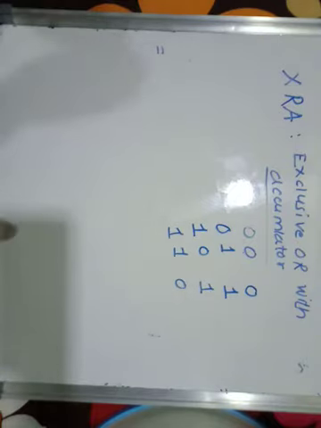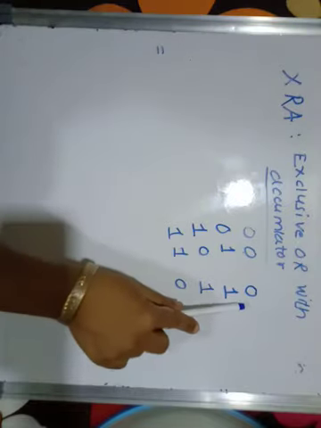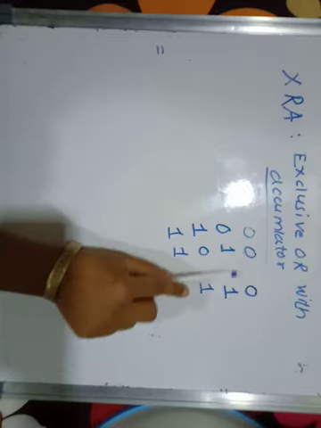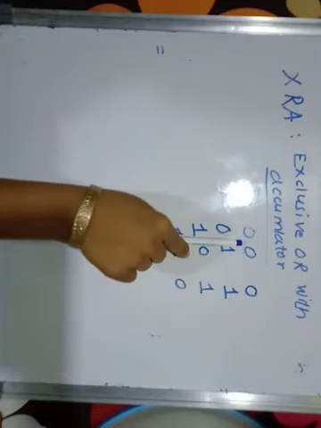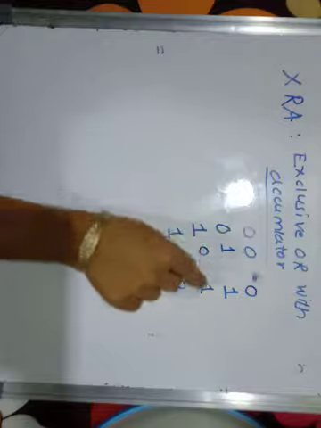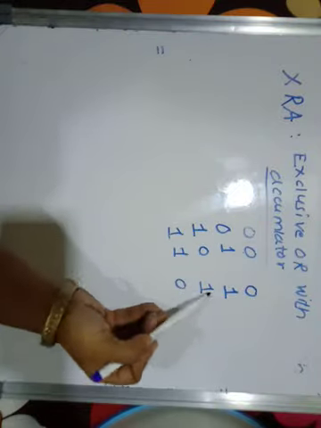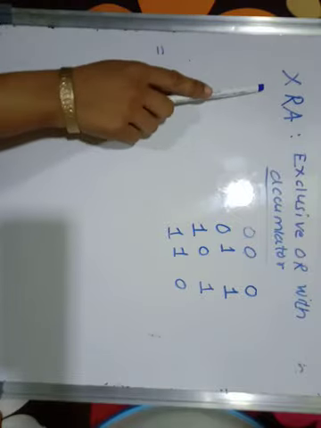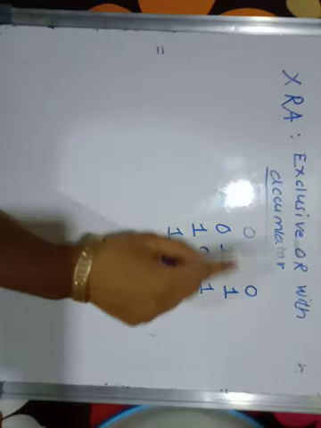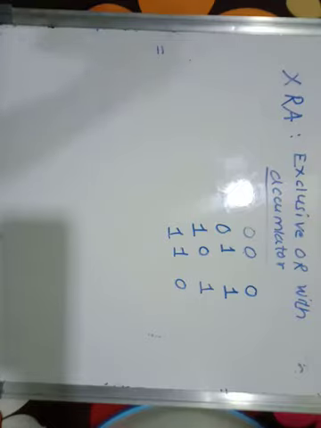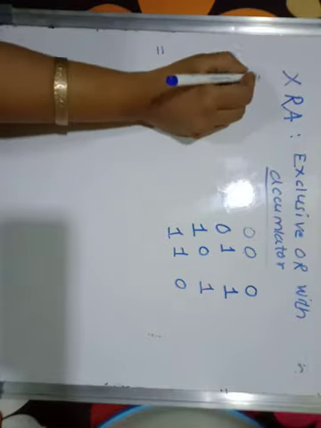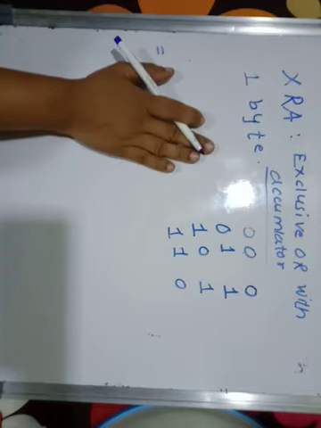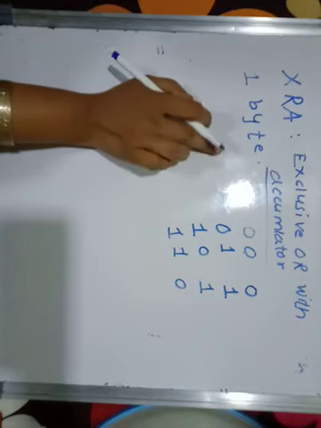Okay. सेम इनपुट दिला आपण तर आउटपुट आपल्याला 0 मिळते, पण जर डिफरंट इनपुट असेल तर तुम्हाला आउटपुट काय मिळणार आहे? 1. So this is the truth table of the exclusive OR gate. हा ट्रूथ टेबल आहे आणि ह्या ट्रूथ टेबलनुसार आपल्याला इन्स्ट्रक्शन फॉलो करायची आहे. So you have been given the instruction XRA, exclusive OR with the accumulator. It is a single byte instruction. Again keep in mind that it is a single byte instruction, opcode and operand are implicit in a single byte.